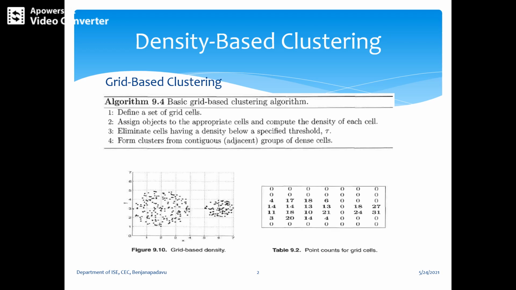So the density of a grid cell, and actually the natural way to define the density of a grid cell, or more generally a shaped region, is the number of points divided by the volume of the region. In other words, the density is the number of points per amount of space, regardless of the dimensionality of that space.